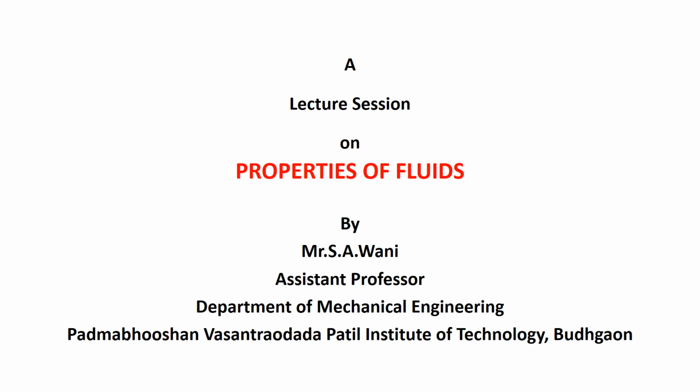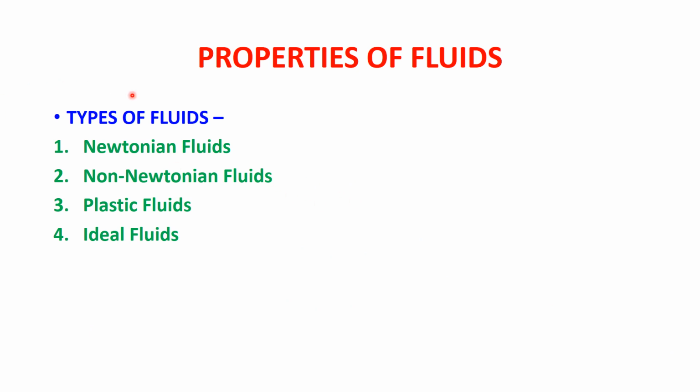So going towards the first slide, before studying, we have another technical point known as types of fluids. Fluids can be categorized in various types as Newtonian fluids, second non-Newtonian fluids, third plastic fluids, and fourth ideal fluids. All these types of fluids are based on how the fluids perform at a particular shear stress and rate of shear strain. The basic difference between the fluids determines their behavior under various conditions of operation; the actual fluids will differ.